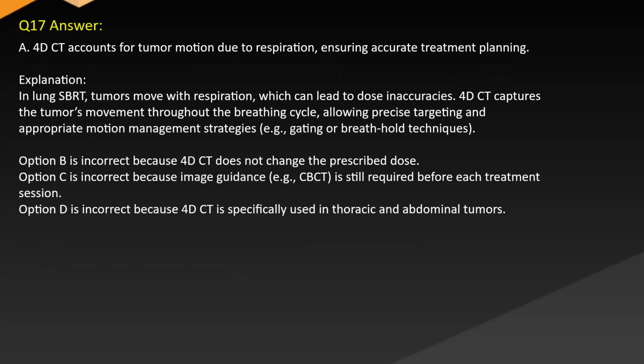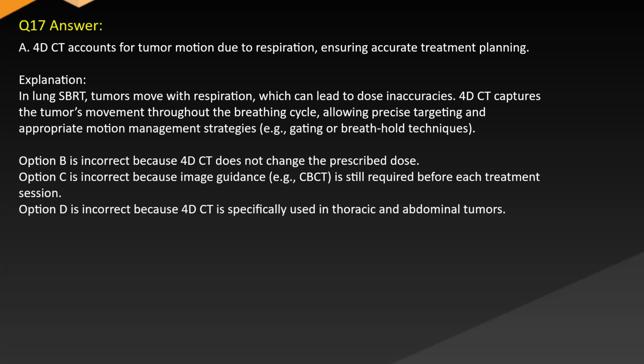Answer A. 4D CT accounts for tumor motion due to respiration, ensuring accurate treatment planning. Explanation: In SBRT, tumors move with respiration, which can lead to dose inaccuracies. 4D CT captures the tumor's movement throughout the breathing cycle, allowing precise targeting and appropriate motion management strategies, e.g., gating